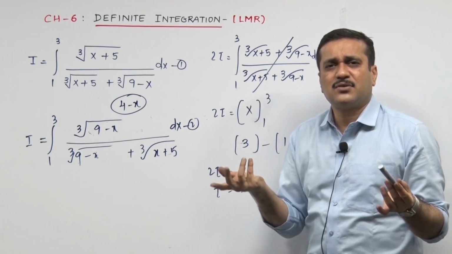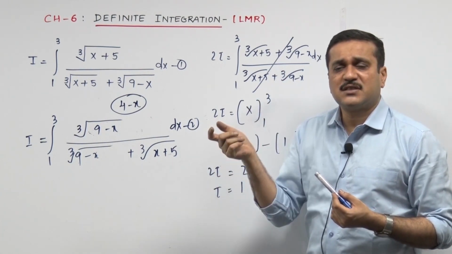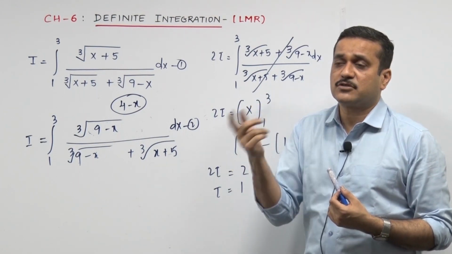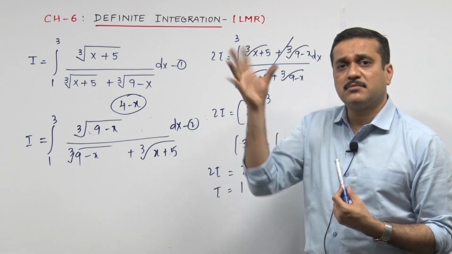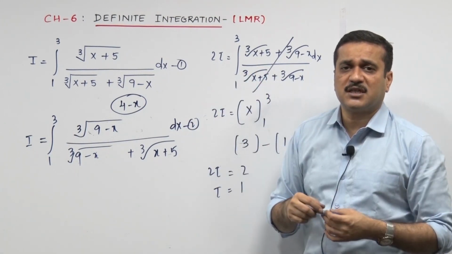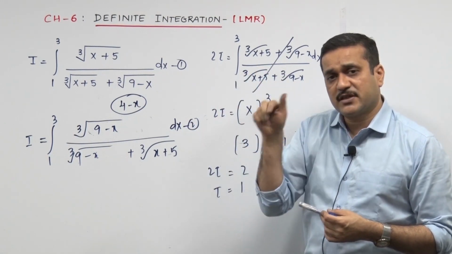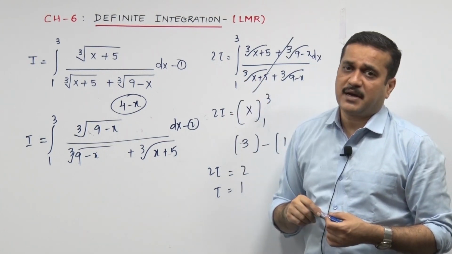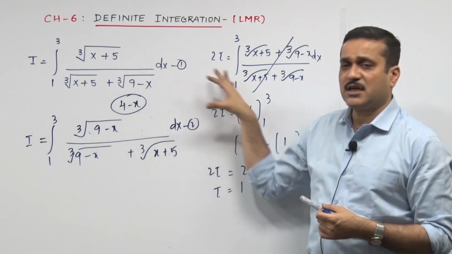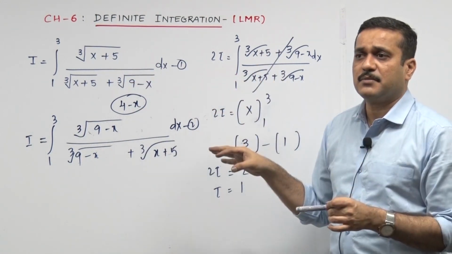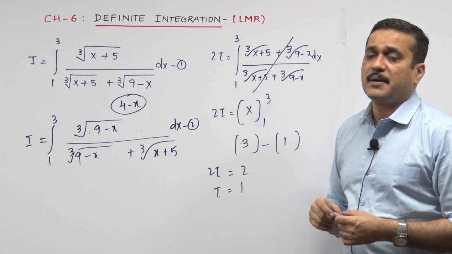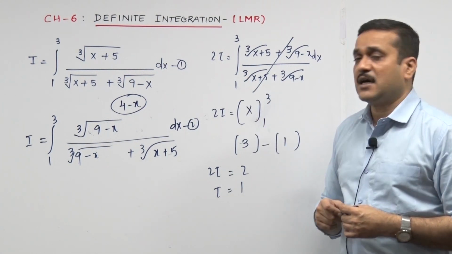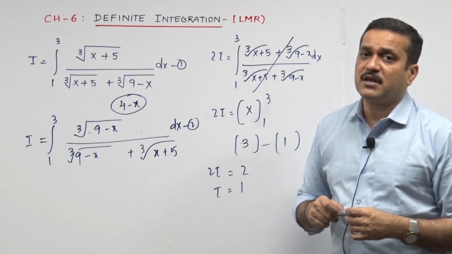Give it a little decoration. Integrate a to b f of x dx is equal to integrate, and the answer is going to remain the same even after changing your x to a plus b minus x. So you can make up the property by just putting in some decoration in that. Integrate a to b f of x dx is equal to integrate a to b f of a plus b minus x dx. So do mention it largely over here. Put a block over there, because the full magic happened only because of that property. So with this, let me get into the third one, the odd even functions.